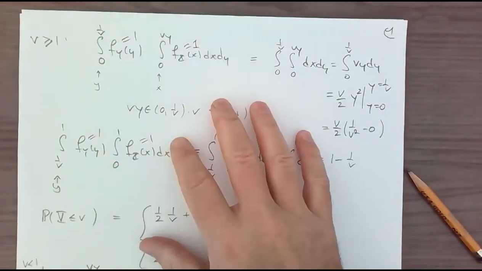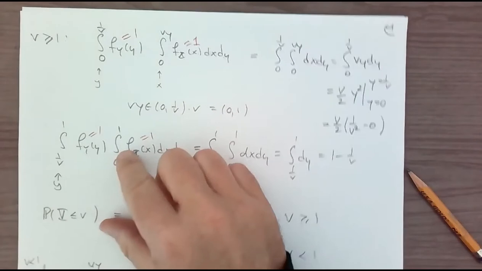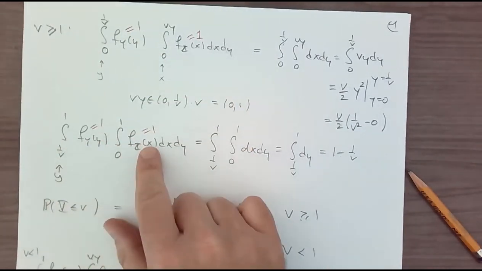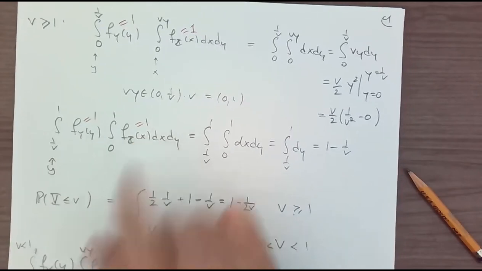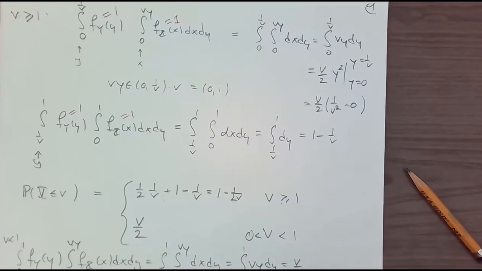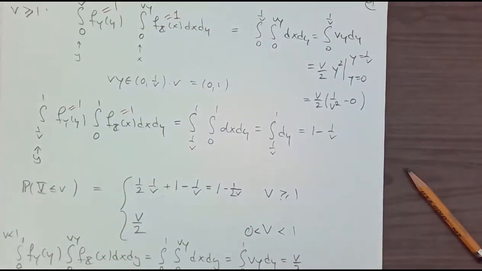Because outside these, I'm shaving away these x's and y's for where the density is equal to 0. This is how I figure out how to break these intervals into smaller pieces. So that's the distribution, right? And then if you want the density, you compute the derivative. The derivative is going to be